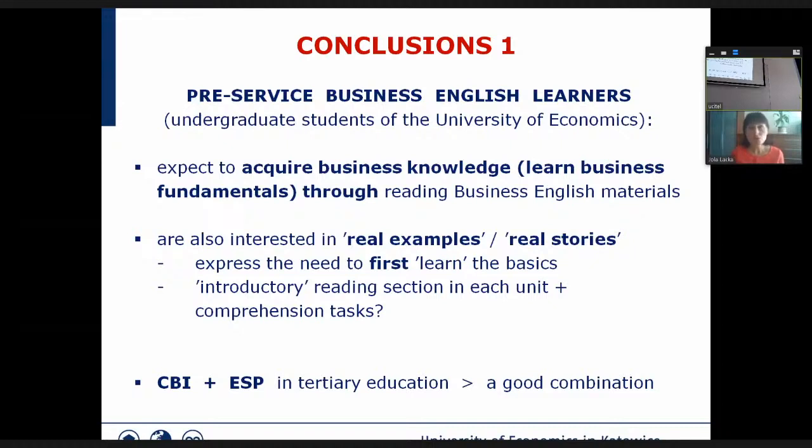But at level B2 and C1, there is a sort of assumption that if the student is better at English, if the level of English language proficiency is higher, this means that we can start from a higher level of business awareness and business knowledge. Of course, I understand that business English course providers cannot repeat the same information at each level of the course book, but some introductory section is really needed, because students, for example, at C level of English language proficiency get very discouraged, not by the level of linguistic difficulty, but by the level of content difficulty of certain business-related texts. And I think that this should be taken into account,